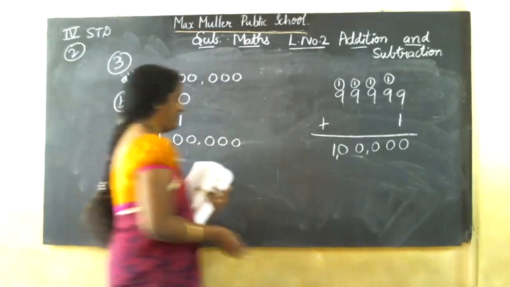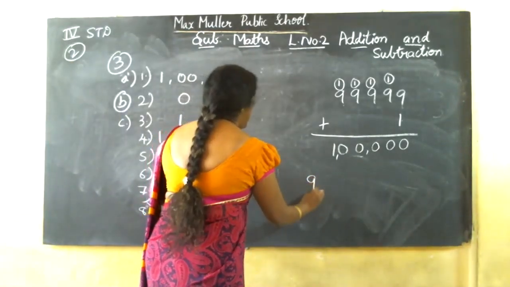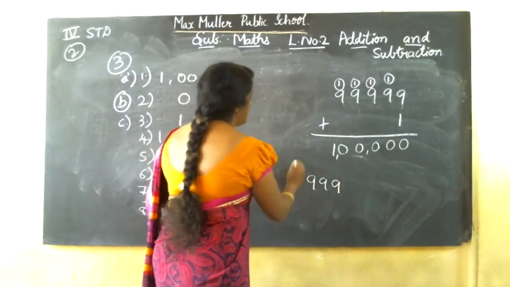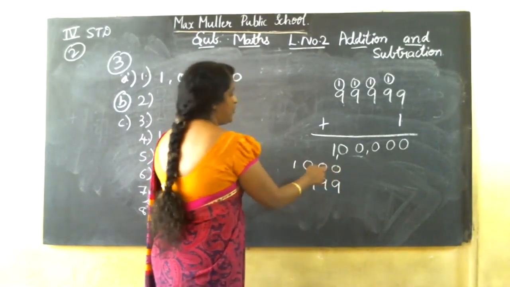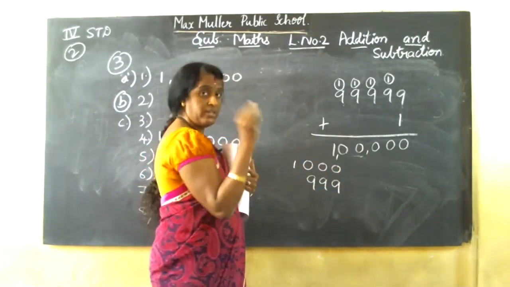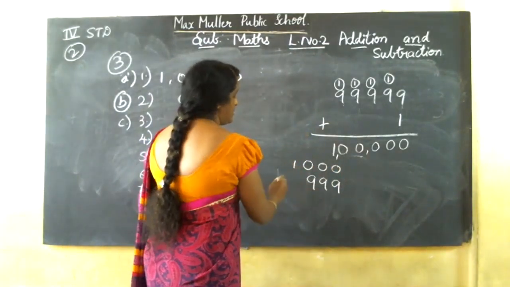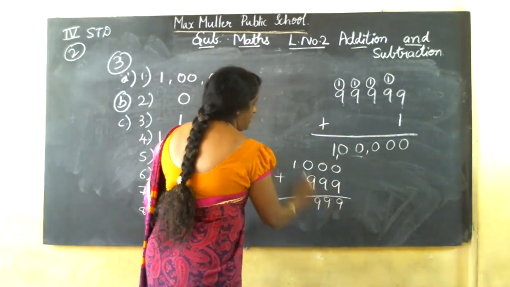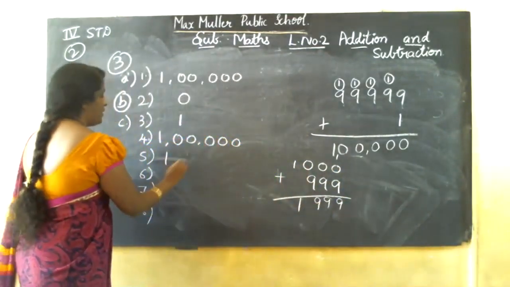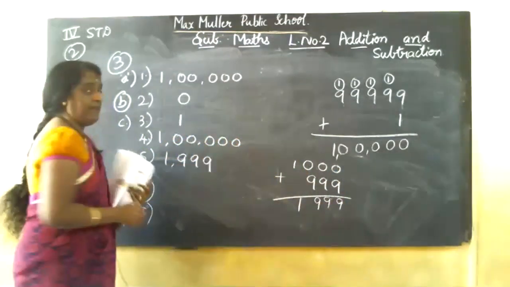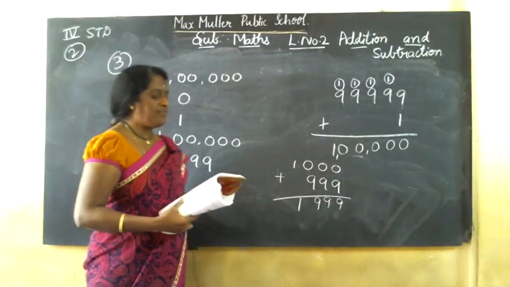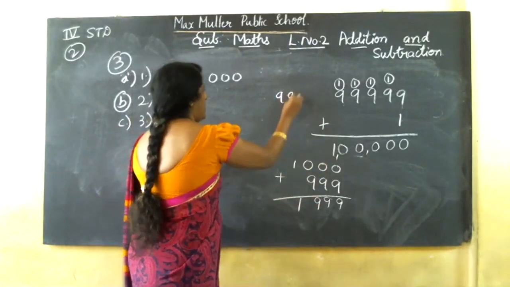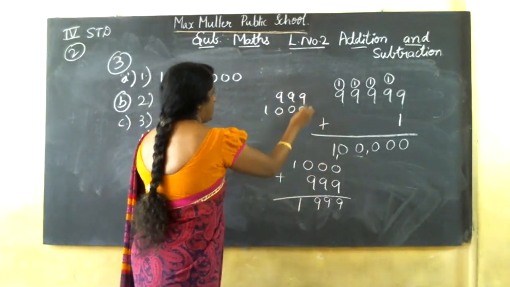See here, the largest 3-digit number. Okay, the smallest, the least 4-digit number. This is a 4-digit number: 1, 2, 3, 4. The smallest 4-digit number is 1000, the greatest 3-digit number is 999. Your answer will be 1999. They have asked the question, see here, the sum of the largest 3-digit number. You can write it up also, no problem. You can write 999,000.